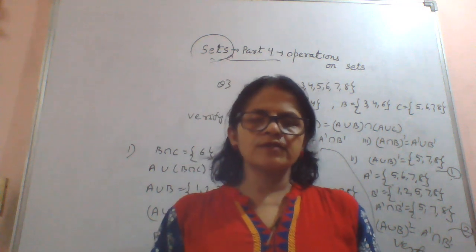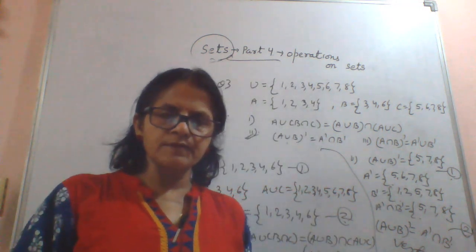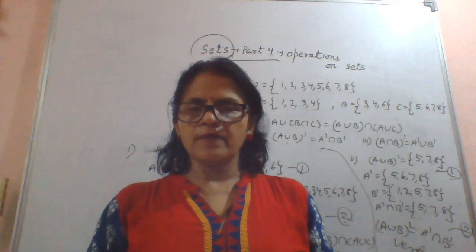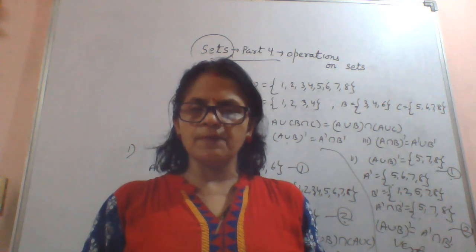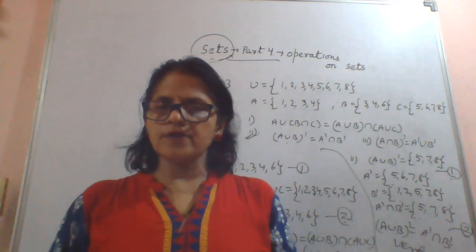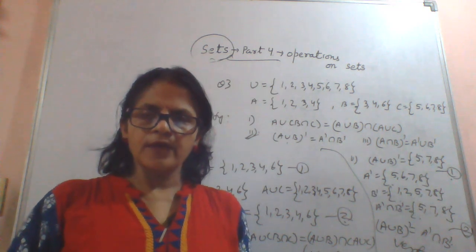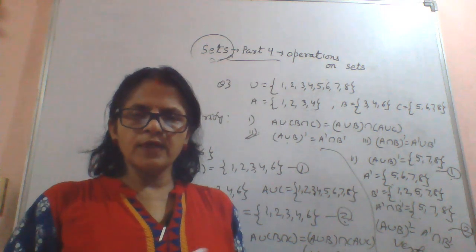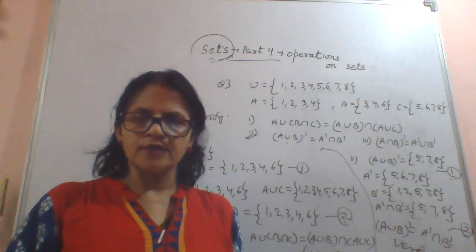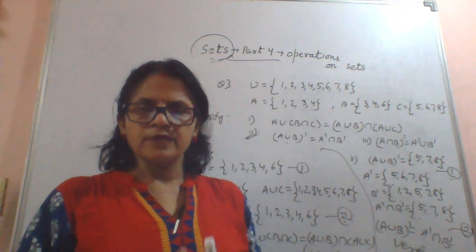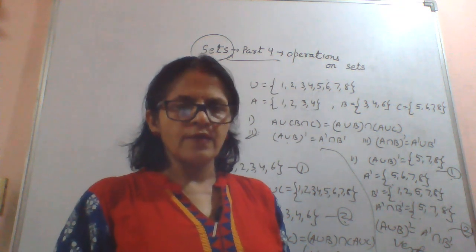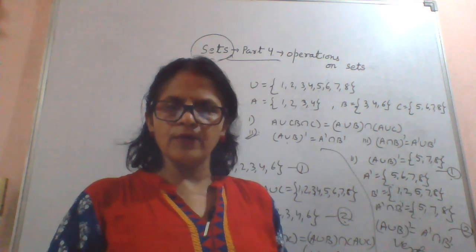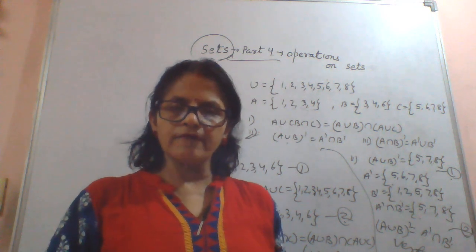Okay, so next class we will be taking some practical problems. Like we have already studied, number of elements in A union B equal to number of elements in A plus number of elements in B minus number of elements in A intersection B. Okay, so application of that concept we will be doing. So we will extend that up to 3 sets. Okay, so till that time, please go through the topics we have studied, and please go through the first 3 videos, so that you will be getting all the set operations and all the relevant concepts.